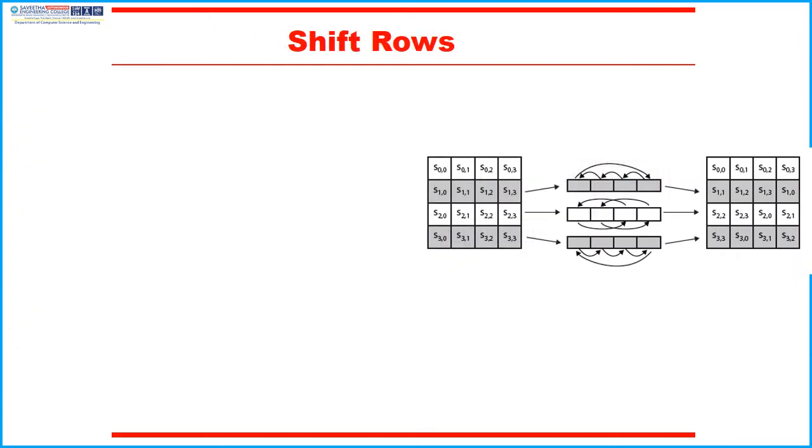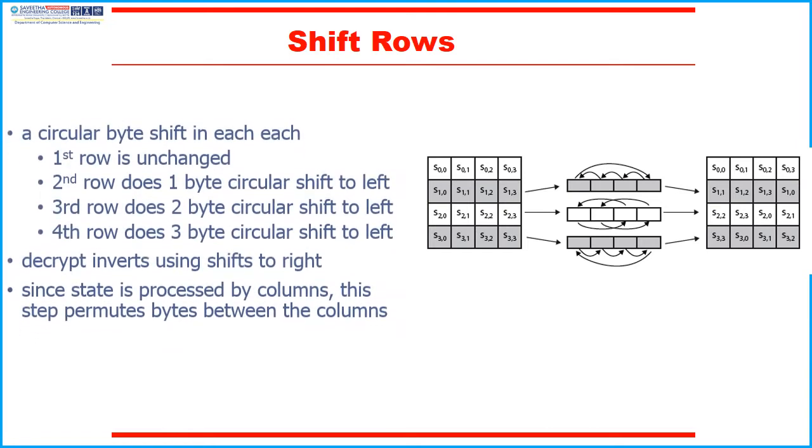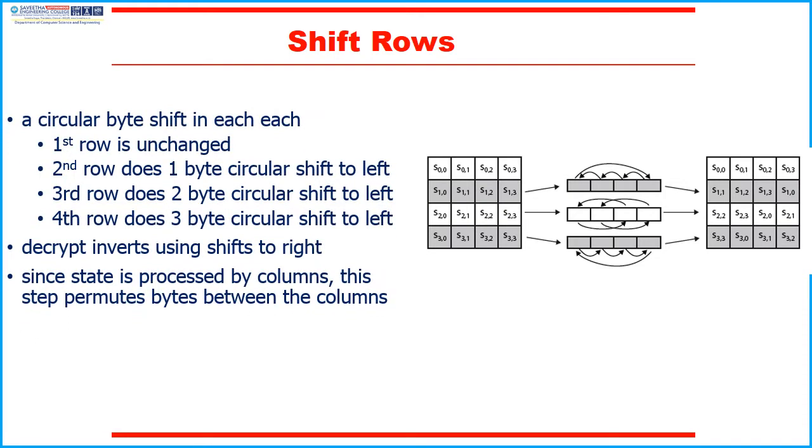The shift rows stage provides a simple permutation of data, whereas the other steps involve substitutions. Further, since the state is treated as a block of columns, this step provides diffusion of values between columns. It performs a circular rotate on each row of 0, 1, 2 and 3 places for the respective rows. When decrypting, it performs a circular shift in the opposite direction on each row.